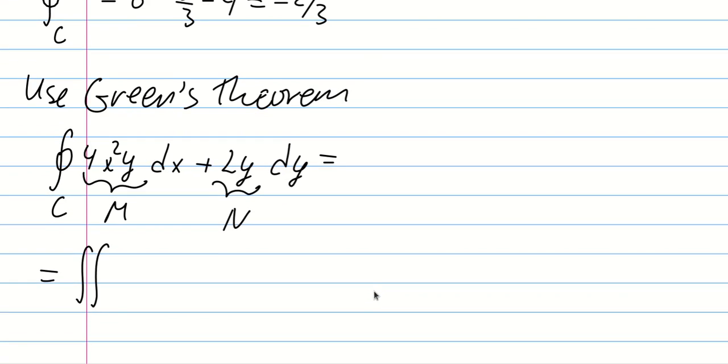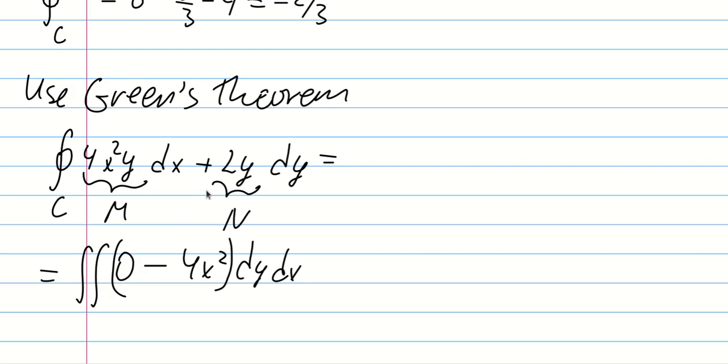Okay, so that means we take N with respect to x, and we're going to get 0. So it's going to be 0 minus, and this with respect to y is going to be 4x squared dy dx. The only thing we need is to put our limits of integration, and